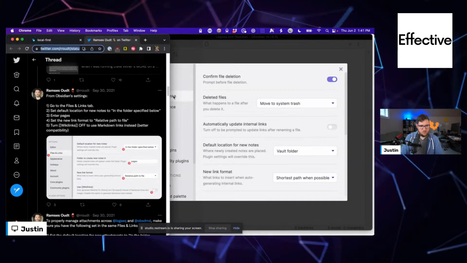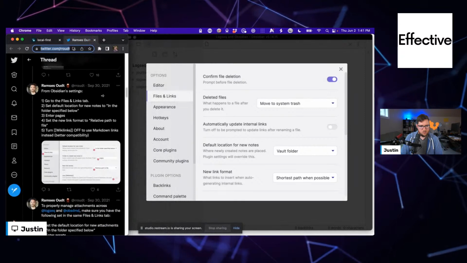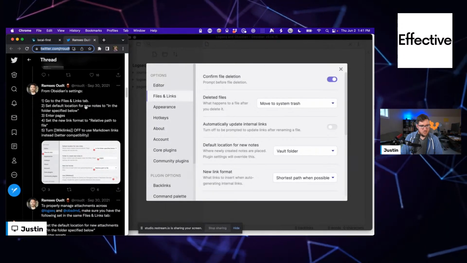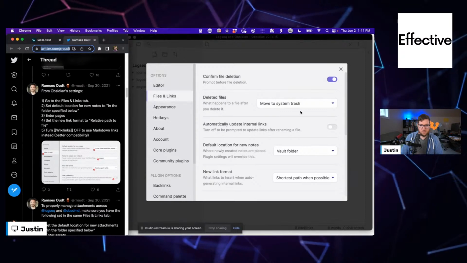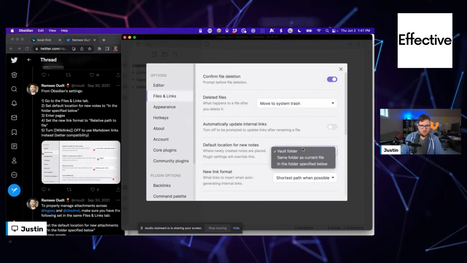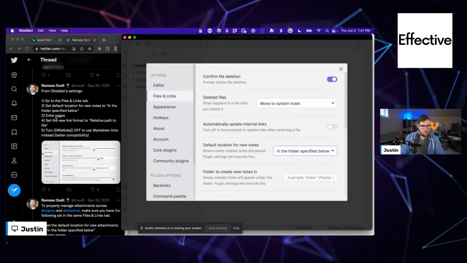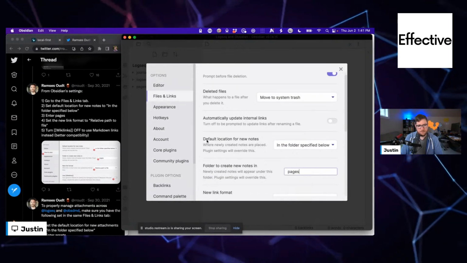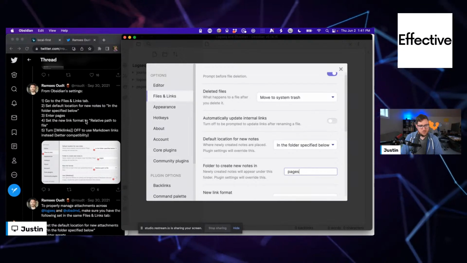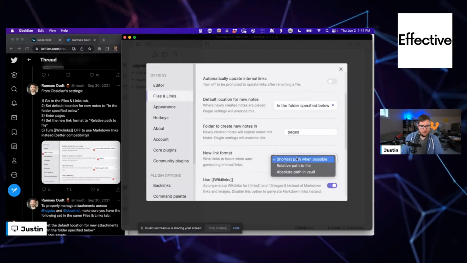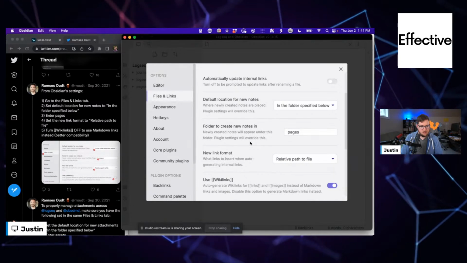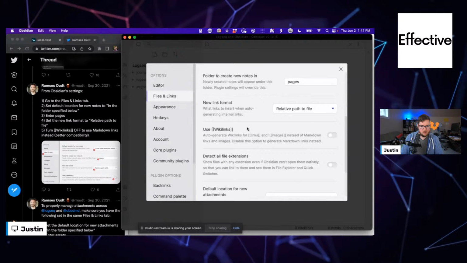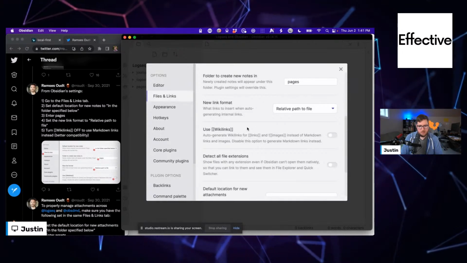Default location for new notes: in the folder specified below. You want to enter pages. Okay. New link format to relative path to file. Makes sense. Turn off wiki links to use markdown links for better compatibility.